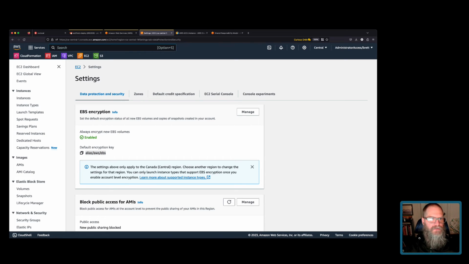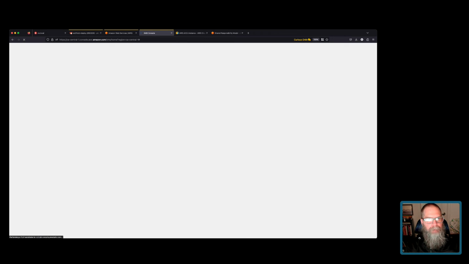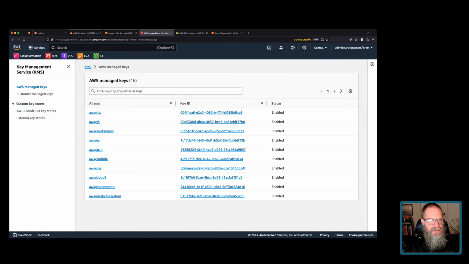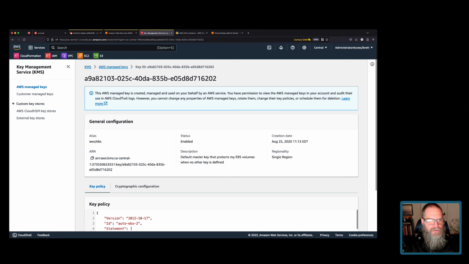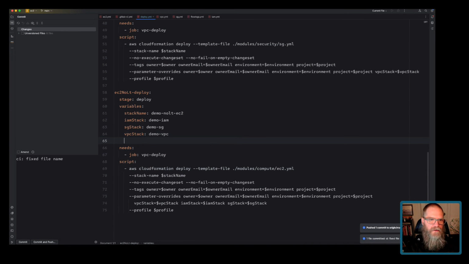So if we go KMS, we go to AWS Managed Keys, we want the EBS key here somewhere, this one, and we want the ARN for that. Oh yeah, we were going to pass this in, right? So we're going to say KMS key ID is that,